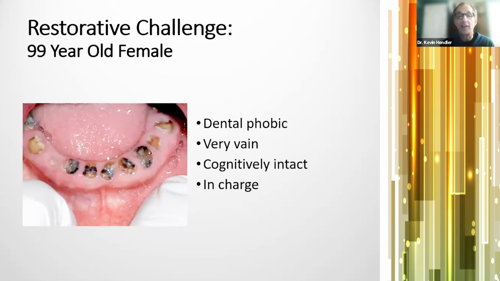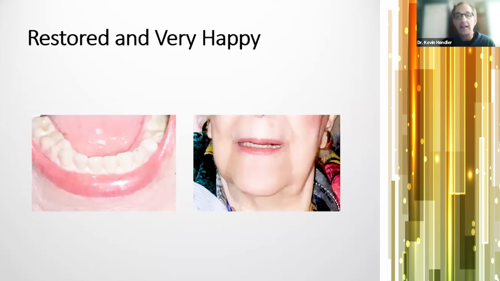She wouldn't let me do anything. She actually came in, some of the teeth would be symptomatic, and she would refuse. I would try and come up with all these plans with her care provider to figure out ways where we can do something. And she was so sharp, she wouldn't let anything. I could prescribe her antibiotics and that was it. So she was in charge of her life. She was in charge of the situation. So I needed to come up with something that was going to satisfy her chief complaint and make her happy. What I ended up doing, similar to the hospice patient, is I smoothed off the sharp edges, took an impression, and built the full denture over what was there. She was very happy with the results.